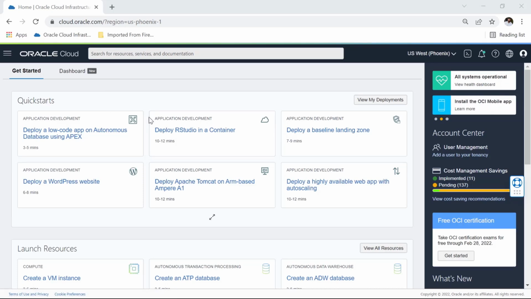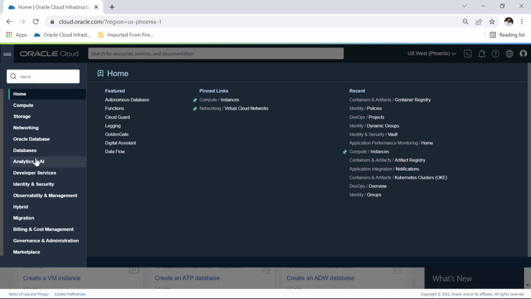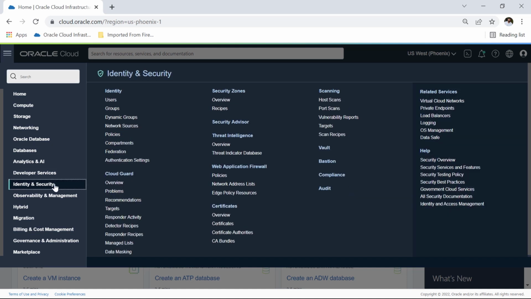Alright then, this is our OCI console and I've already logged in using my credentials. So the first thing that we have to do here is create a dedicated compartment to host our DevOps resources, and I have already done that. So let me quickly show you by clicking on this hamburger icon and going to the identity and security option over here. If I click on compartments,